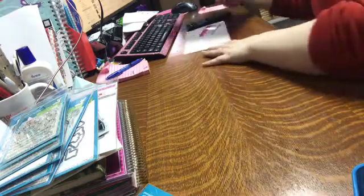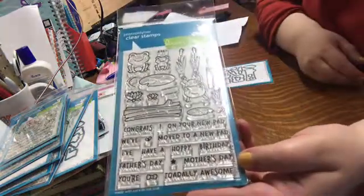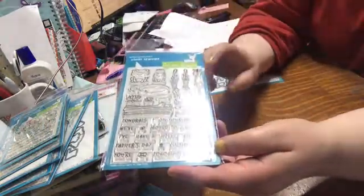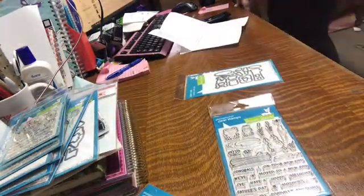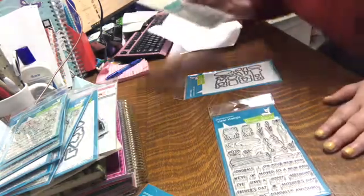Okay, and now here is officially the last of the stamp sets that I had wanted from the Lawn Fawn release. We have Totally Awesome, which I love, and some of them are very close to a smaller Avery L stamp set. And I actually, did I pull that out? I might actually have that here so I can show you. Yes, called Ribbit Ribbit, is a smaller Avery L set,